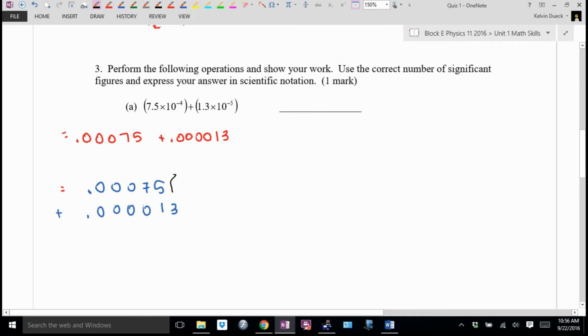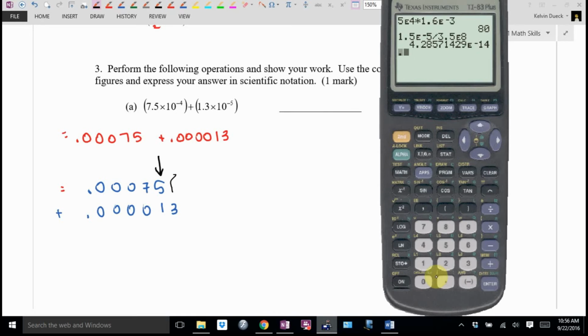See, if I do that, now it's pretty obvious. Here is where I'm missing something. I'm going to round to there. Now I go do the math. I don't round yet. I go do the actual math. 0.00075 plus 0.00013, or, I missed a 0. Or I could have typed those in scientific notation, whatever. And I get an answer back on my calculator in scientific notation. Some of your calculators might have given you this answer in scientific notation. Some might have given you this answer in standard form. Have I gone on my rant about how you all need to interpret your calculator? So I get